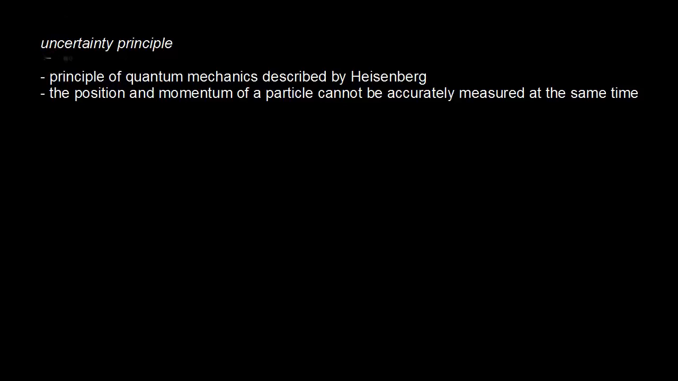The Heisenberg uncertainty principle is a principle of quantum mechanics. If we take a particle of mass m moving with velocity v, the linear momentum of that particle is equal to the mass times the velocity. And according to the uncertainty principle, you can't know the position and the momentum of that particle accurately at the